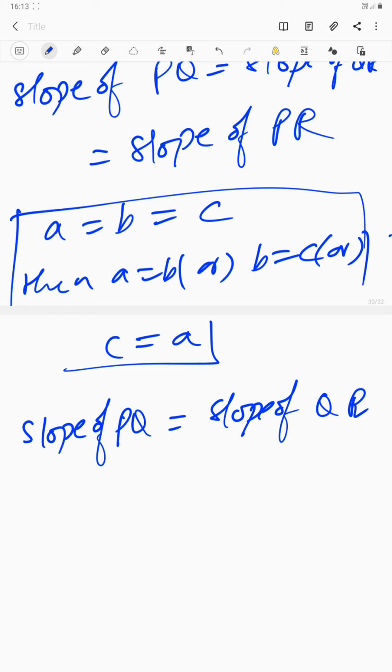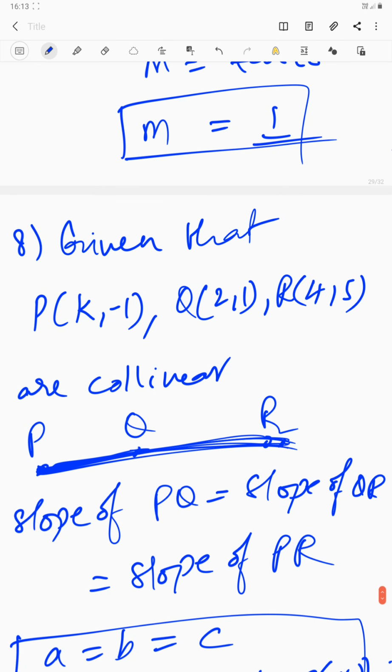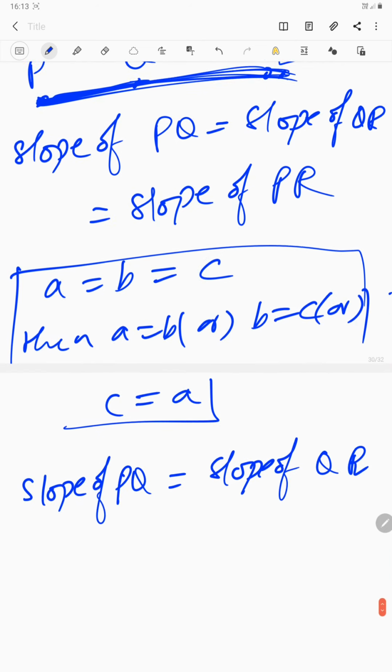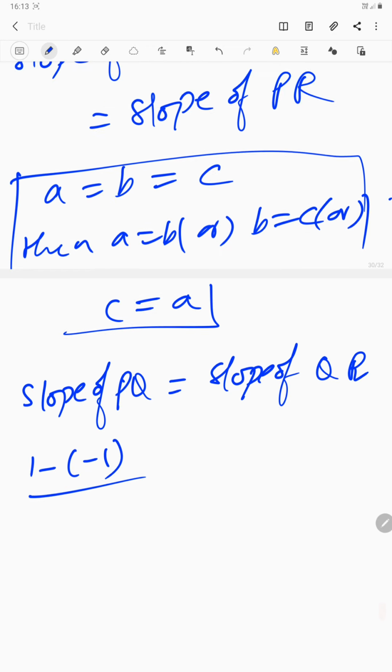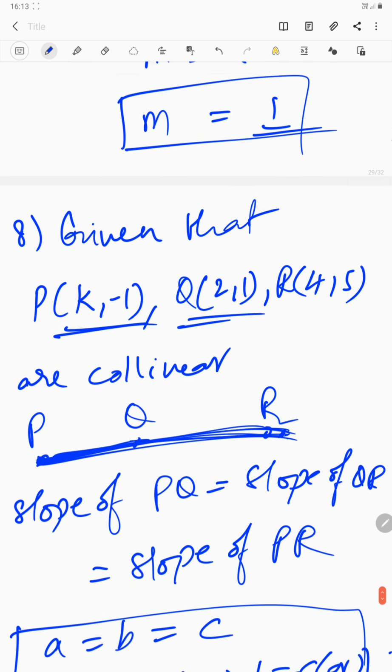Now what is the slope of PQ? What are the given points P and Q? Yes, this is PQ, x1, y1, and this is x2, y2. So y2 minus y1, 1 minus half minus 1, 1 minus half minus 1 upon x2 minus x1, so 2 minus k